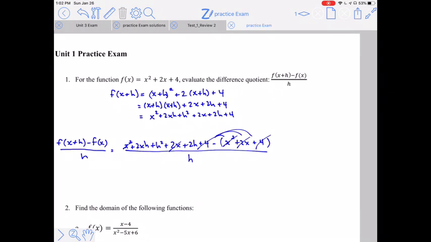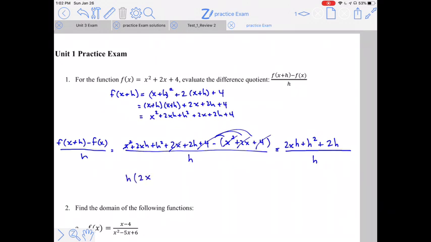So the only terms left in the numerator are terms that have a factor of h. So 2xh plus h squared plus 2h, divided by h. And the reason it's important that all of these terms have a factor of h in common is that it can be factored out,